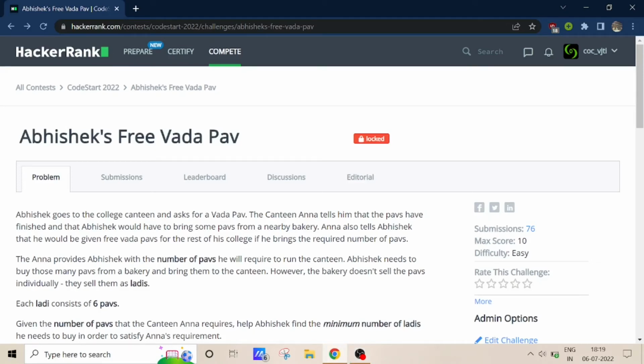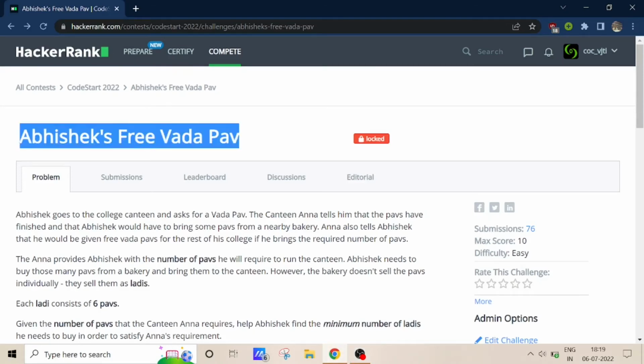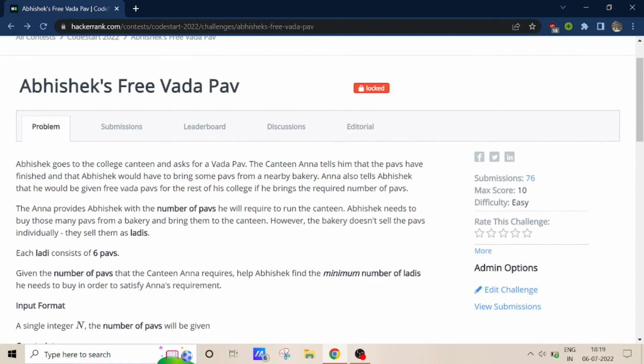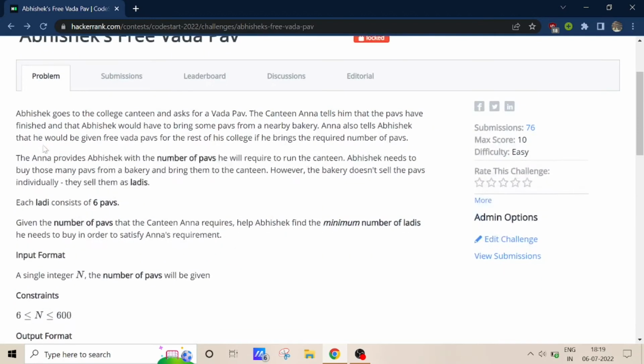So hey guys, the first question of the contest was Abhishek's free Vada pav. It was a fairly easy question with just 10 points, and most of the people could solve it correctly. The question goes like: Abhishek goes to the college canteen and asks for a Vada pav. The canteen Anna tells him that the pavs are finished and that Abhishek would have to bring in some pavs